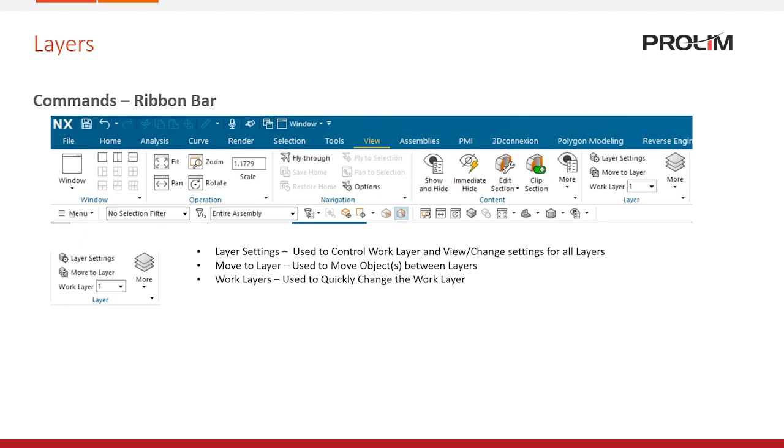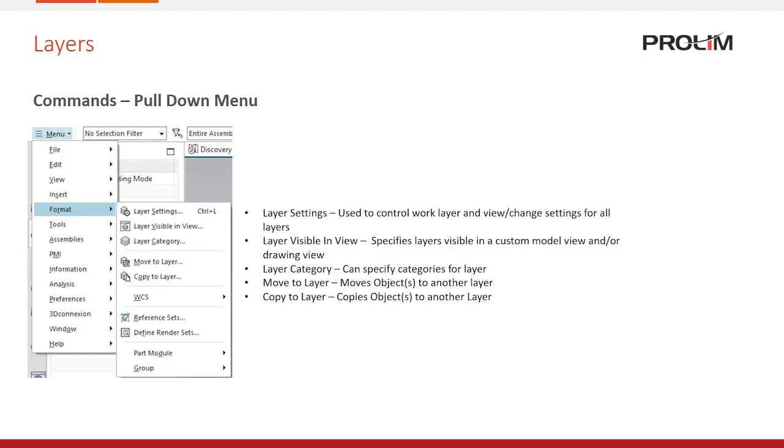Now that's the commands that exist on the ribbon bar. Moving on, we're going to talk about the ones in the pull-down menu. So again, we have access to the layer settings, same command as the ribbon bar. We have a command called layer visible in view. And this is a nice little command that lets you control visibility of specific layers within a specific model view